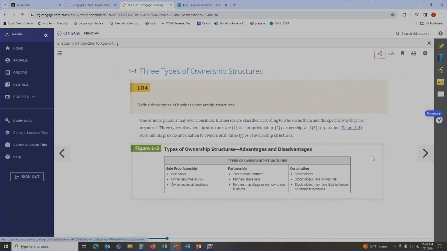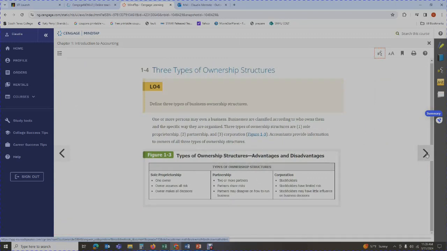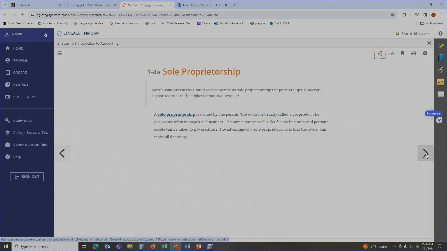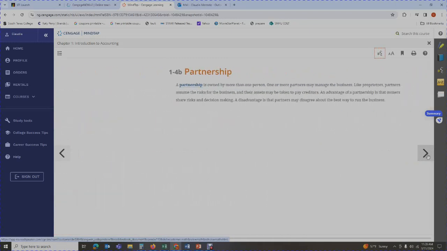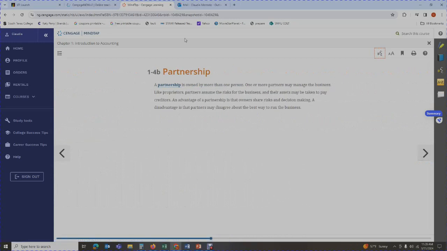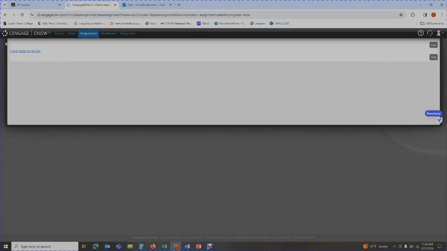So make sure that you review all of the information provided and that you please read the chapter before you begin working on any of your assignments. Okay, so this is how you access the reading material. I'm going to go back